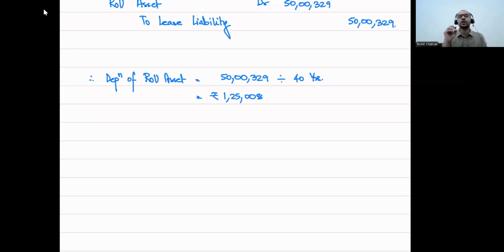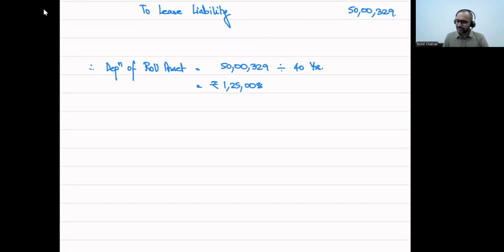This asset will go down to zero at the end of the 40th year and not at the end of the 10th year. Why is it not going down to zero at the end of the 10th year? Because we are going to acquire the asset at the end of the 10th year, and we will be using it for a remaining period of 30 years, and hence this asset should continue to appear in the balance sheet for 40 years, and therefore we're charging a depreciation of only 1,25,000 each year. That is with regards to the right of use asset. I'm not preparing an ROU schedule, otherwise I'll have to prepare a schedule for 40 years, which is going to be cumbersome. But all you need to know is every year we are going to charge a depreciation of 1,25,000.